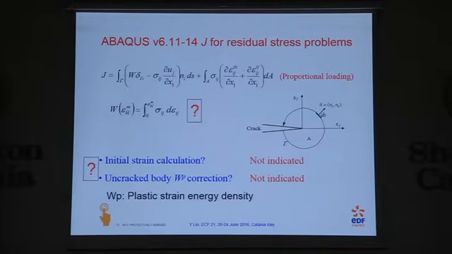And in Abaqus version 6.11 to 14, they said, okay, we include some terms. We have checked our definition like that. This should be path independent when you have a residual stress. And strain density is calculated as in this Abaqus manual. But they don't say if we should have the correction for the uncracked body in the formula or not. And how the initial strain is calculated, we never